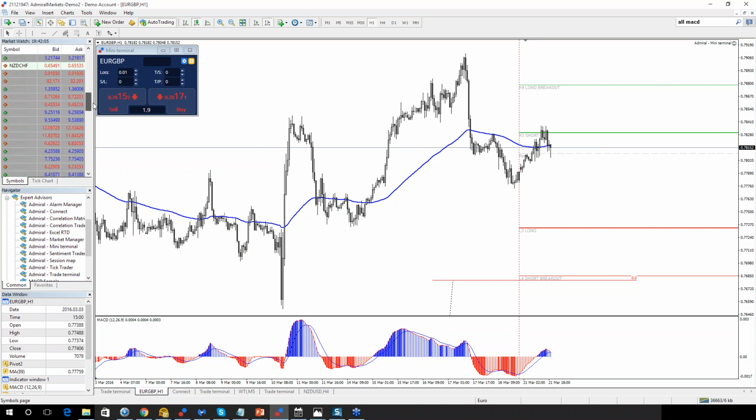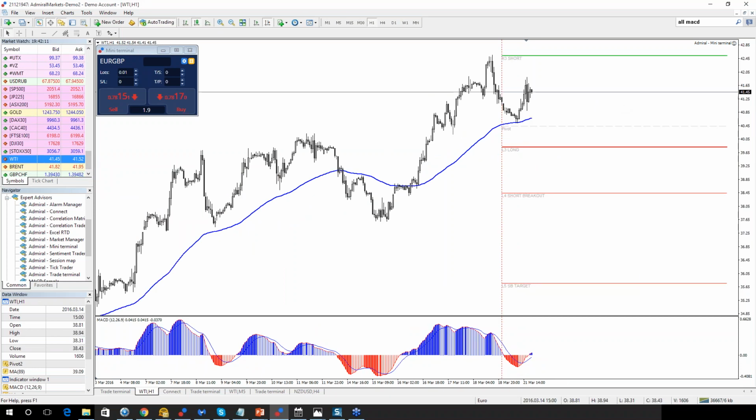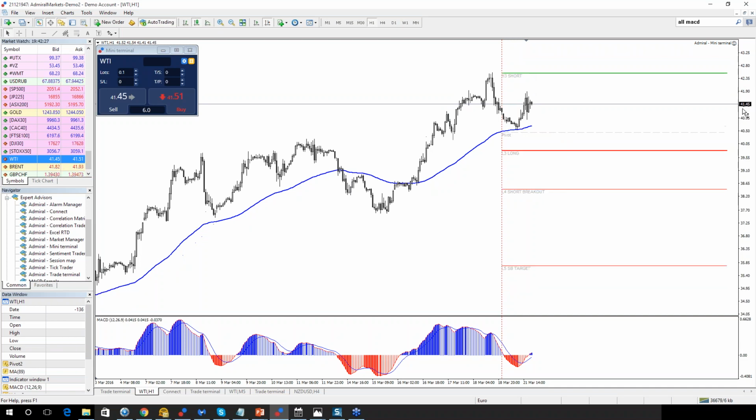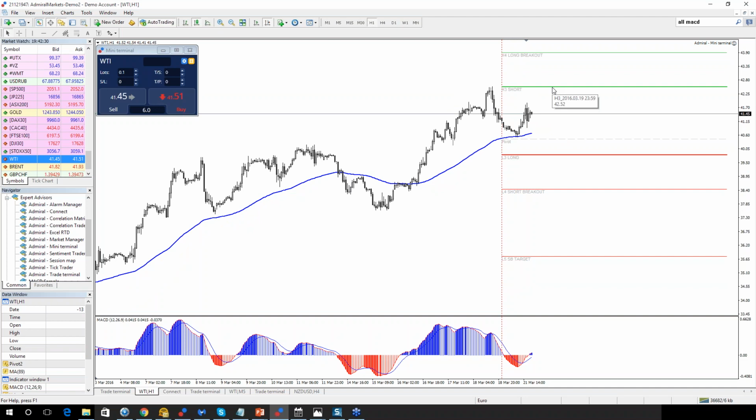Claudia is asking for oil. Oil looks like it could go more to the upside. This is T89 here. It rejected and look at this. It's going to the upside. And the only thing is, if we see a 4-hour close above H3, we could see another momentum toward H4. But this looks like it's in no man's land now. Because it should go up, but you see it's congested.